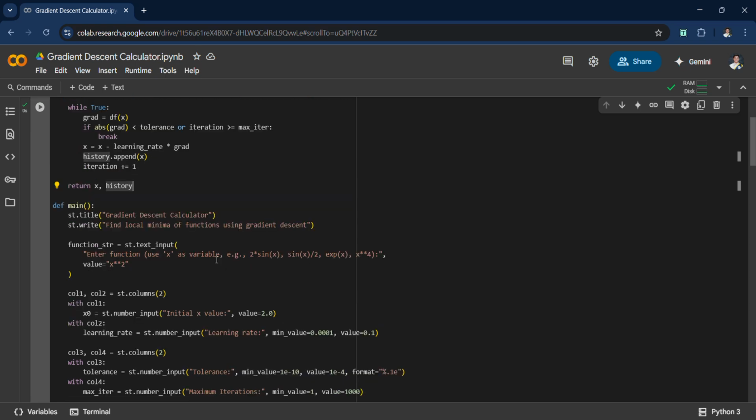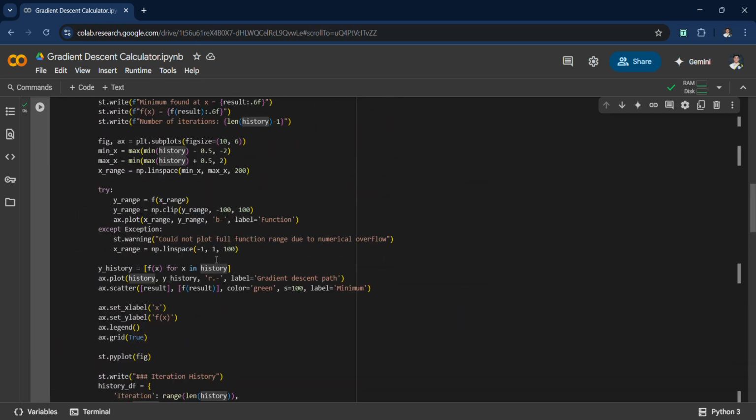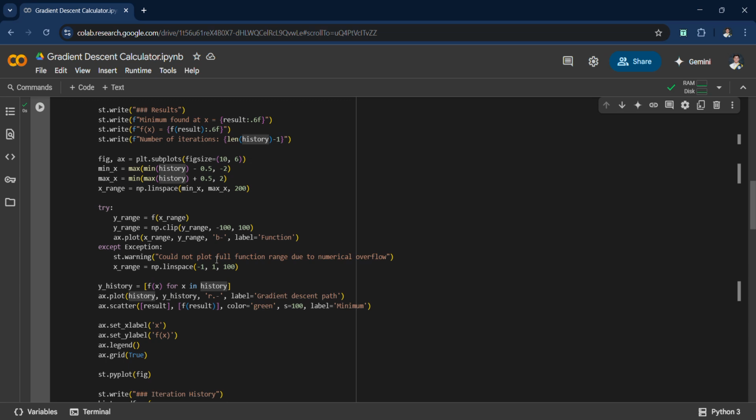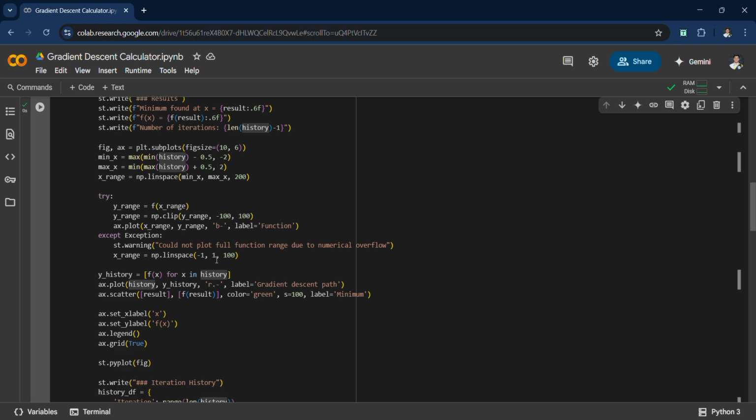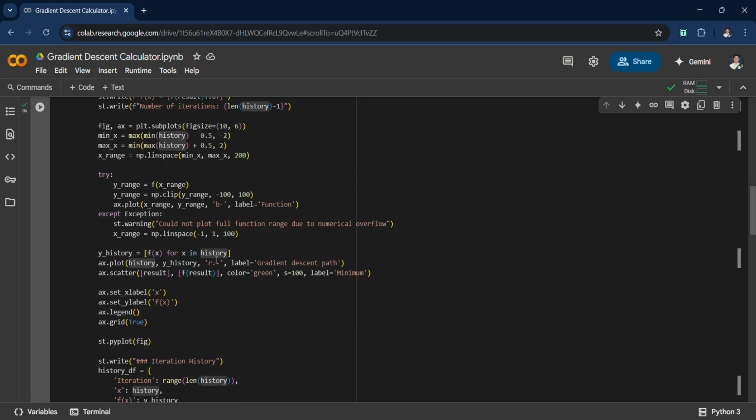Now for the visualization, it shows an interactive matplotlib plot showing the function curve in blue, the optimization path in red, and the final minimum point in green.